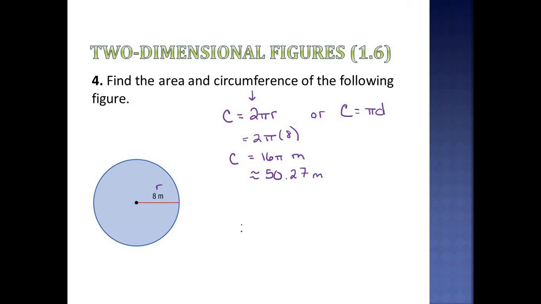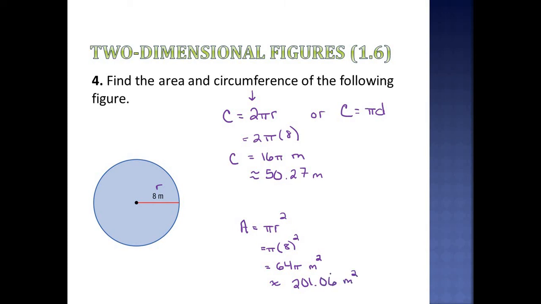And then the area is pi r squared, so that's going to be pi times our radius is 8 squared. 8 squared is 64, so we have 64 pi meters squared. And if we were to enter that in your calculator and get a decimal, 64 times pi is about 201.06